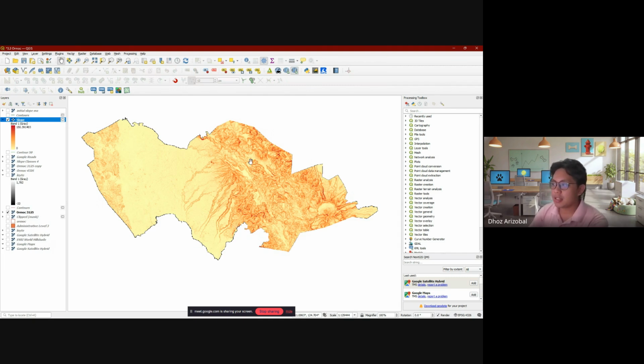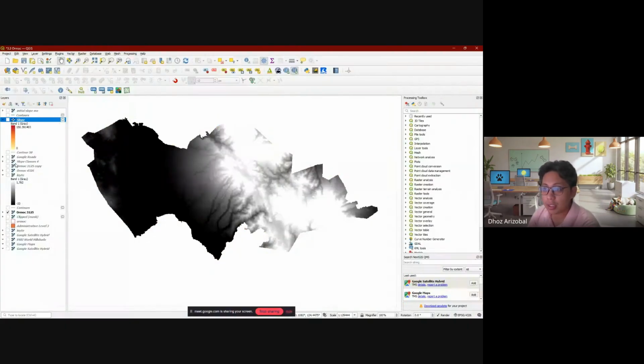But looking at this, there's so much orange and so much yellow.